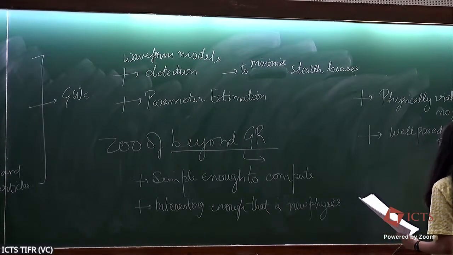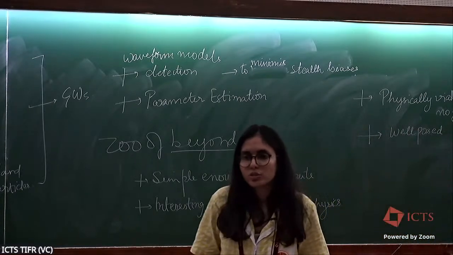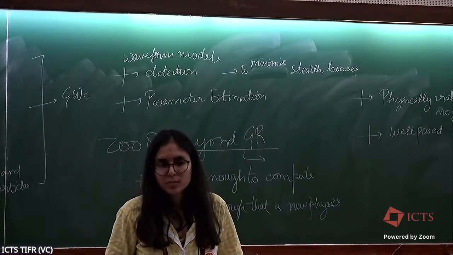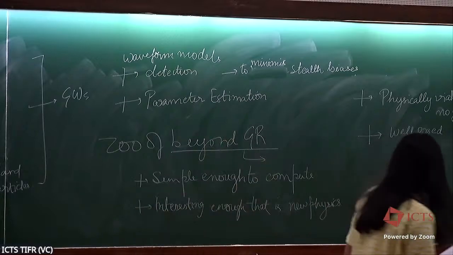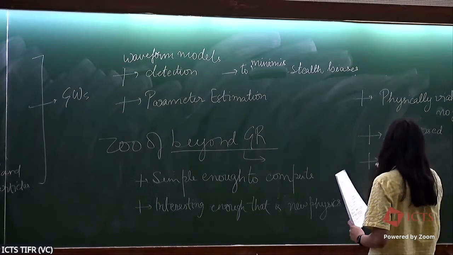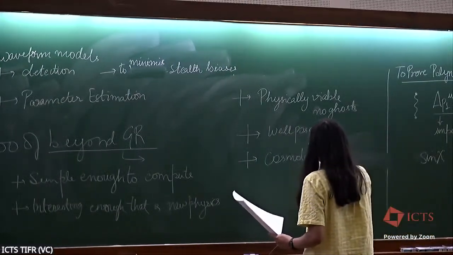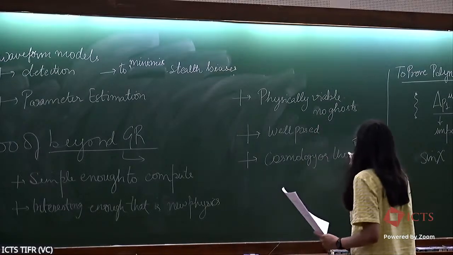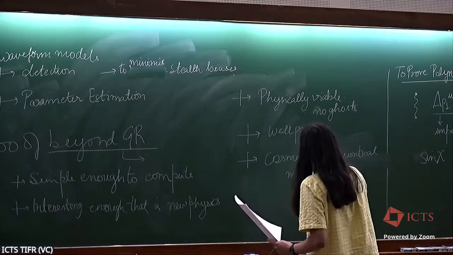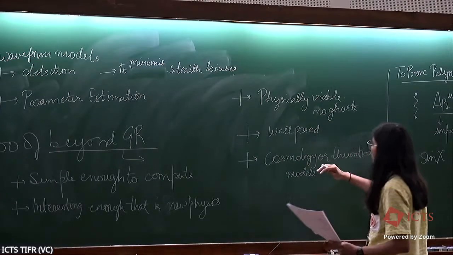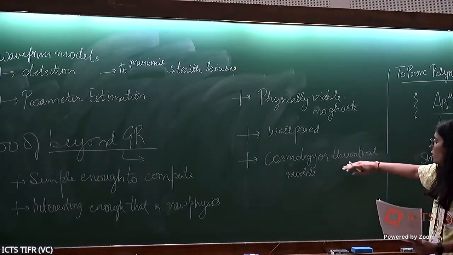The theory should be well posed, which means that if I give some initial condition, the solution should exist. The solution should be unique. And if I evolve that system, the system should continuously evolve given some initial conditions. And we should be motivated to explain something, like some discrepancy that we observed from cosmology point of view or from